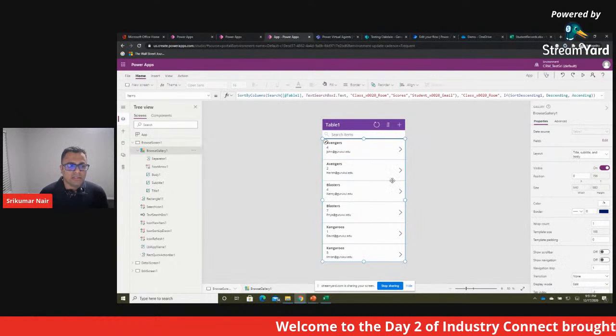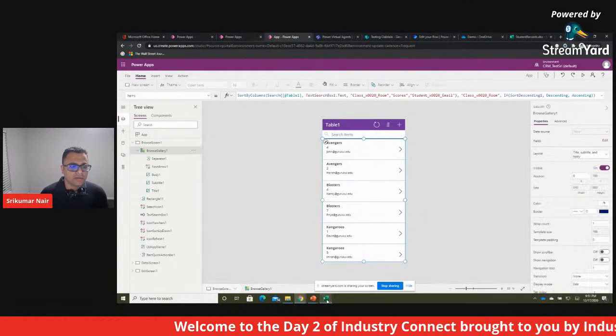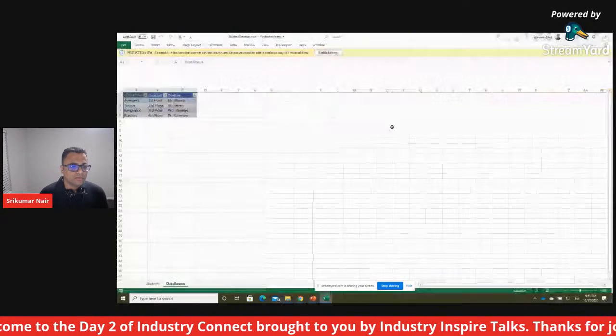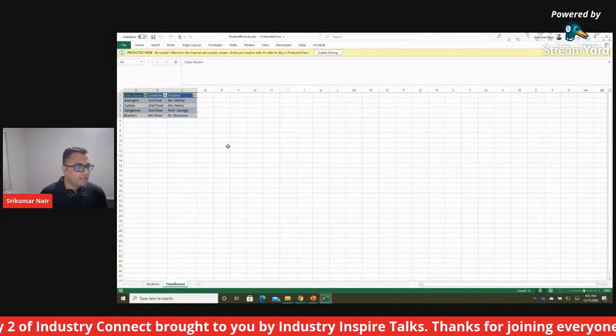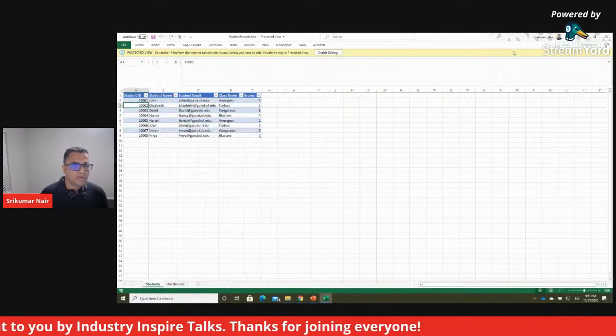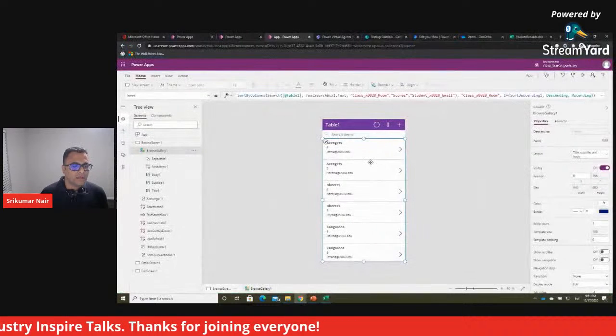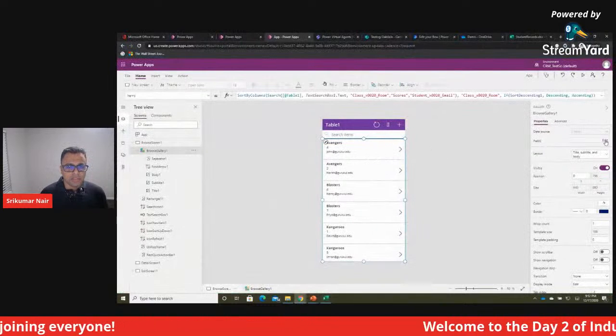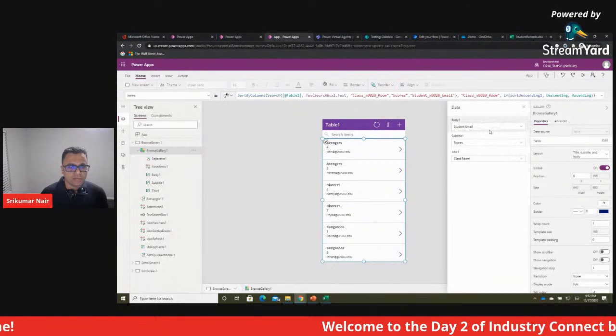Now, obviously, there were about 6 to 7 columns. Let's just make sure how many columns are there. So let me hide this. In the student table, 1, 2, 3, 4, 5. Obviously, I have placed here that I can go and change more columns to be shown, but this is basically the place where you will go and change.